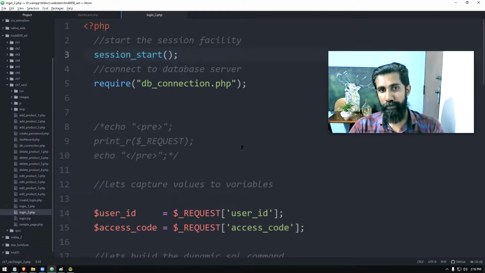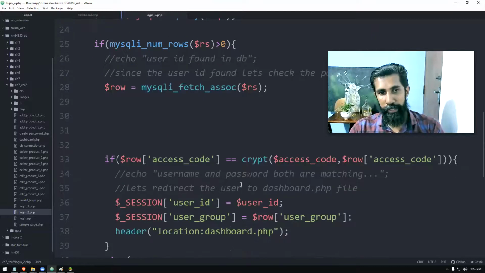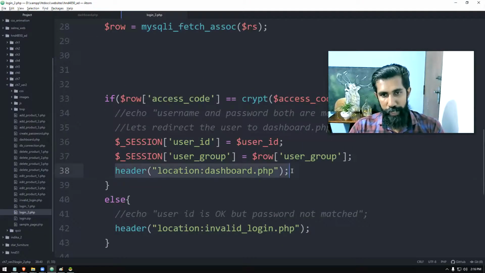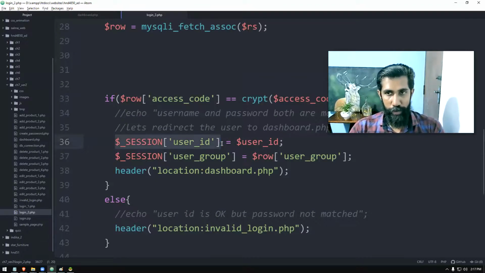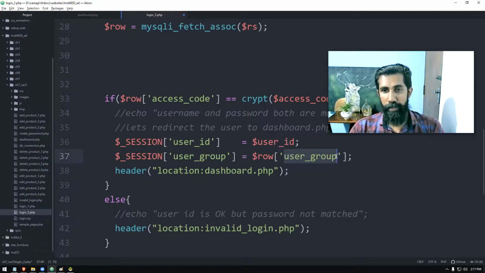That is step one. Then down here, before we go to the other page, we access that session array in the server. This is going to run in the server anyway. So we have a variable name called user ID, and in that array, user group, these are two associative values. For them, we are giving the values: the user ID, the actual username, and his privilege level, that means the user group. These two values we are storing there.